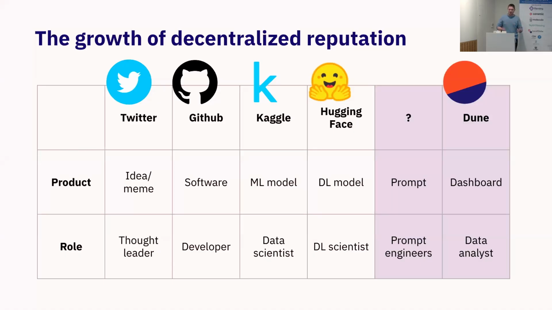I'm a software engineer, so I'm so used to living in that world, I can't imagine what it was like before then, but it's incredibly powerful. But you see more and more of these reputation systems exist. The Twitter one is kind of a fun one, I thought, because I think it mostly is actually the reputation system for thought leaders, but you've got Kaggle for ML models, Hugging Face for deep learning models. And I think Dune has kind of emerged as the reputation system for data analytics, which might sound surprising because